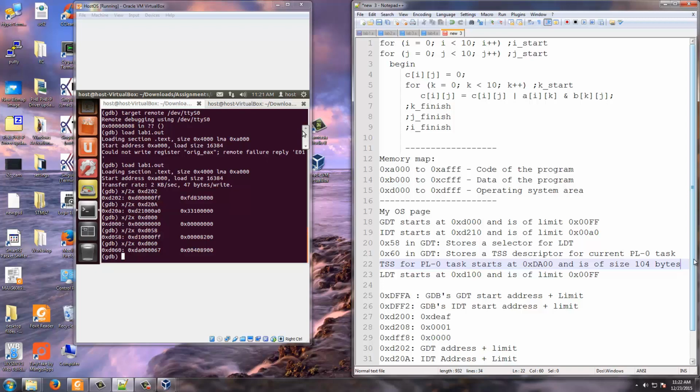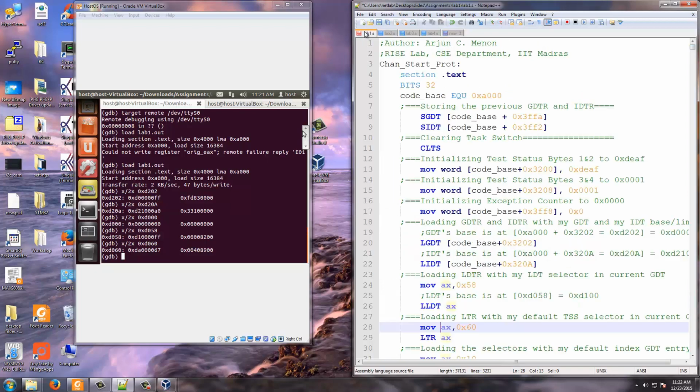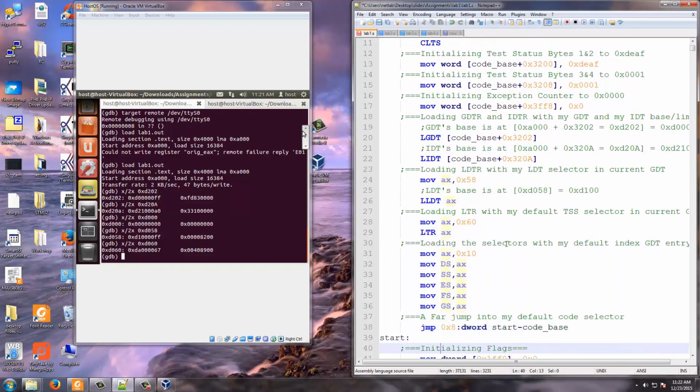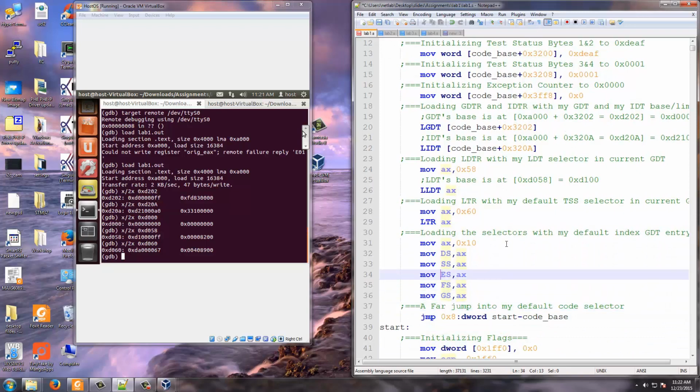Now we are moving 0x10 to DS, SS, ES, FS and GS. So what is 0x10?